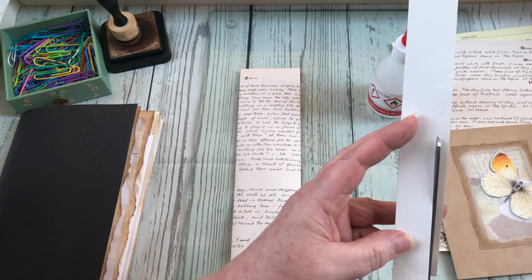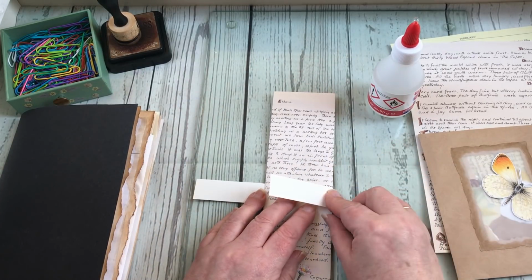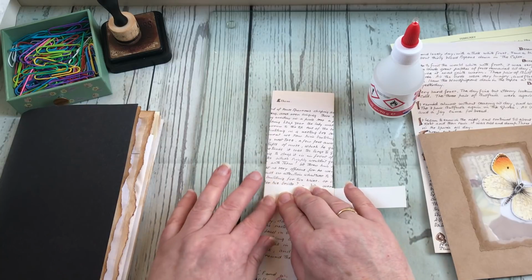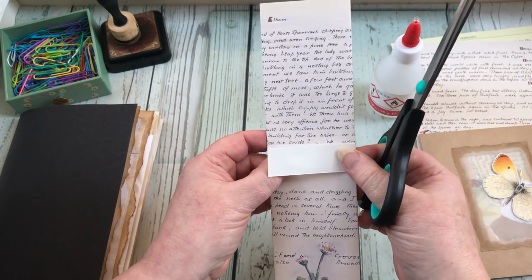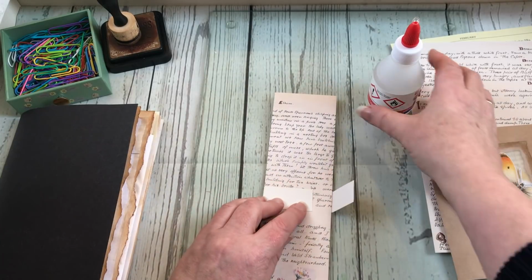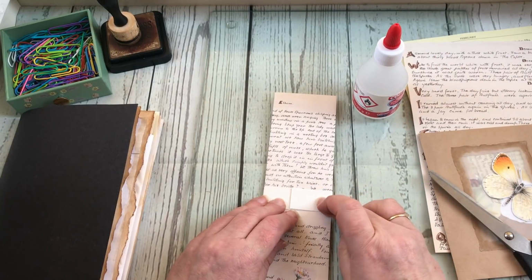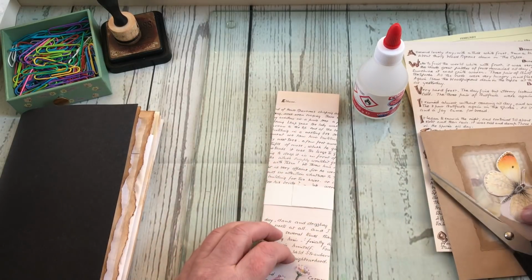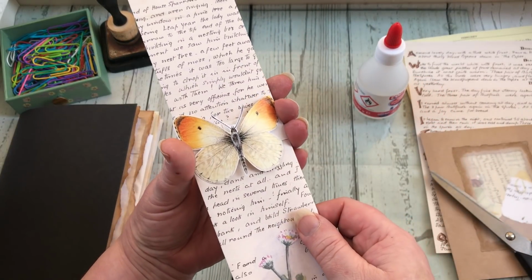Just trim that down a little. And then I'm going to tuck that behind and wrap it round. And wrap that around. I'm just going to trim off some of that excess because they're going to overlap. And I'm just going to glue those in place by putting glue on both sides and overlap them. I'm going to glue my butterfly onto there so that that band then means that that will then slide up and down